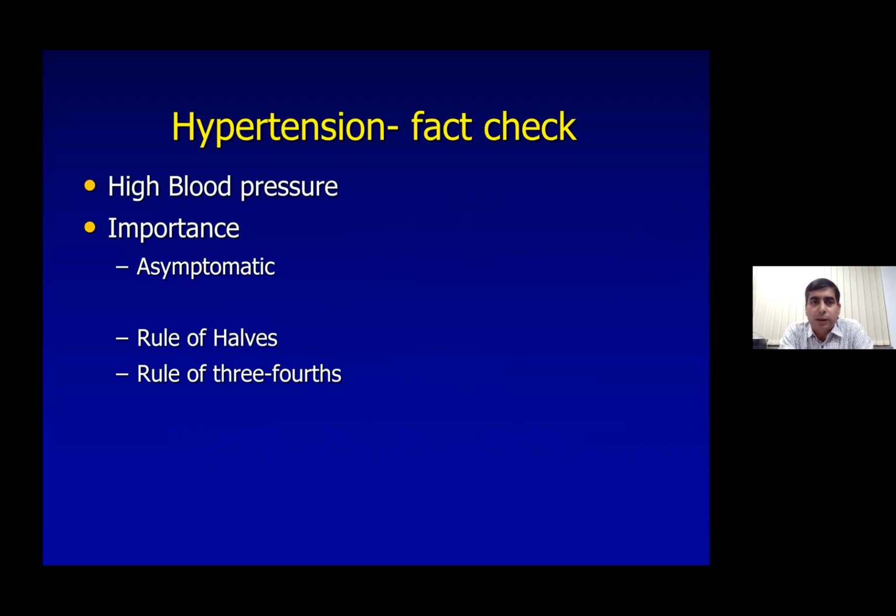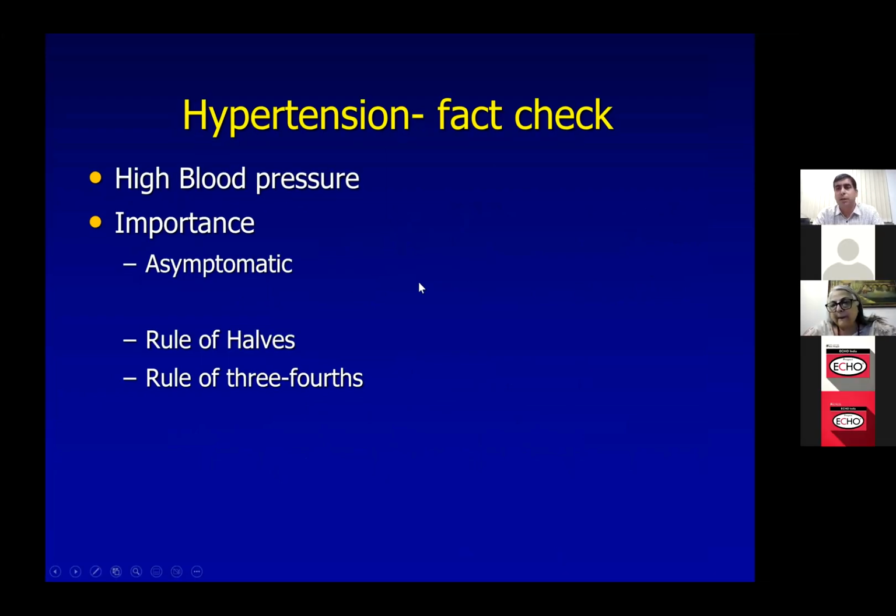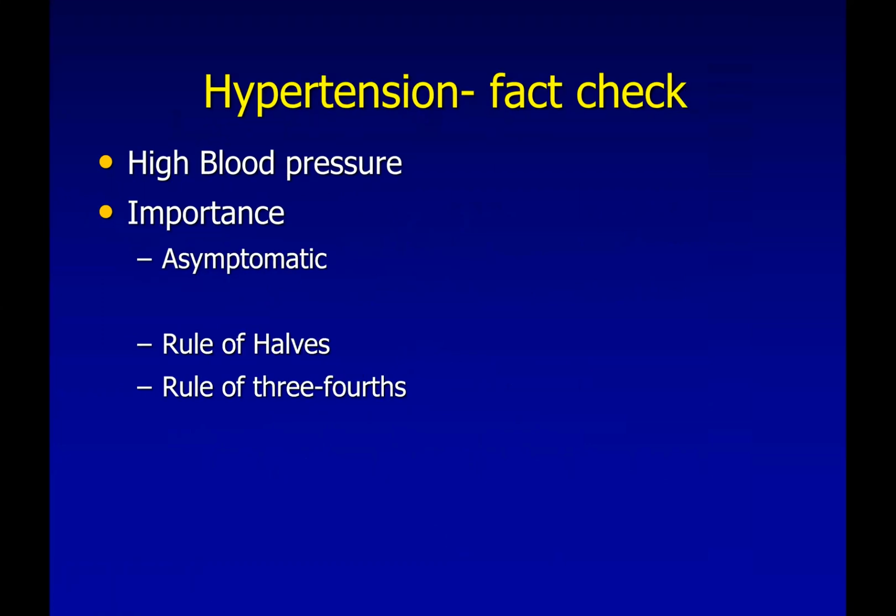So this is a small fact check that we have, on why we actually need to treat hypertension or diagnose hypertension. So the important thing is that hypertension, high blood pressure, that is what we all call it, and that is what the common persons know hypertension to be. So it is an asymptomatic disease. That means patients will not come to you with symptoms. That is what madam has also written in the text, malaise and headache and all those things may be there. But it is not necessary that the patient will have clear-cut symptoms depicting hypertension.